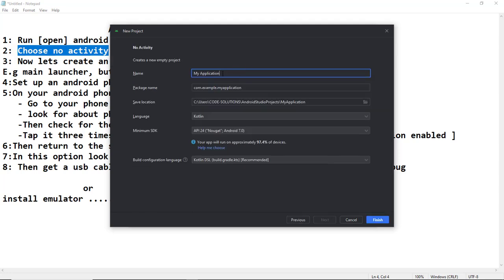Then choose no activity. Don't change the name, leave it as it is, or you can change the name if you want, but don't change the package, and also where it will be saved. For the language don't change it, and for the SDK don't change it. Click finish,